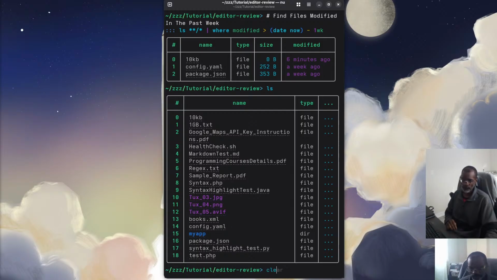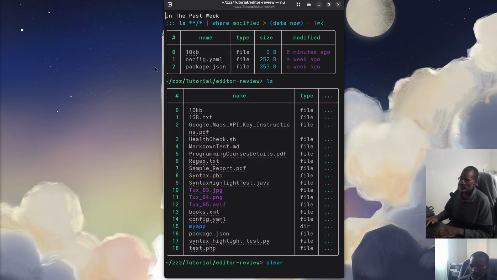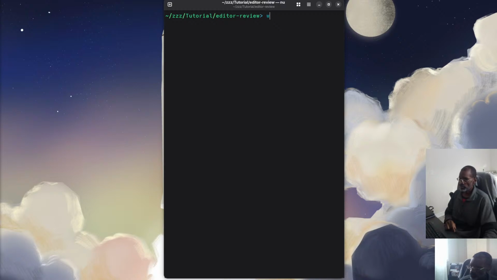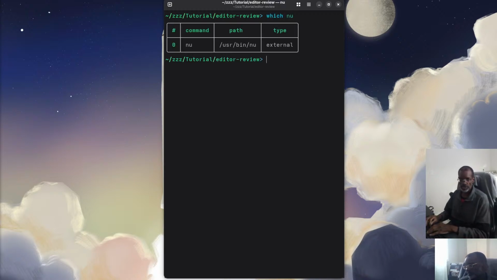Now, all right. So if you want to make Nushell your default shell, what you do is you type which nu, and you can see it tells you the path. The path is /usr/bin/nu. So then what you can do is, if you want to append this to your /etc/shells, I'll just show you. So if I type cat /etc/shells,